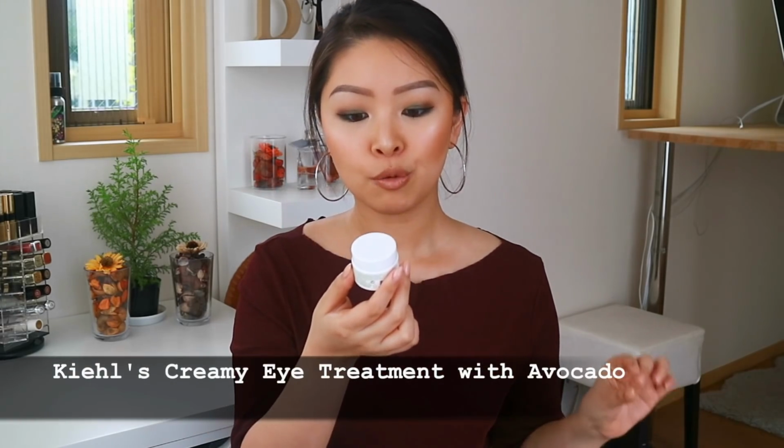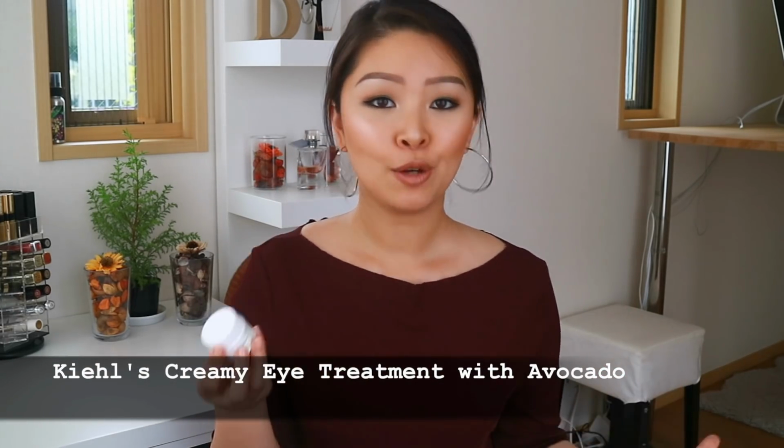Next skincare product I have used up is this one from Kiehl's. It's their creamy eye treatment with avocado. It's basically an eye cream incorporating avocado oil, so it's super creamy, super moisturizing. I actually really like it. I think this is my first bottle, and I am currently using another eye cream from Origins. But if you are someone who is looking for a really moisturizing, creamy and a little bit thicker